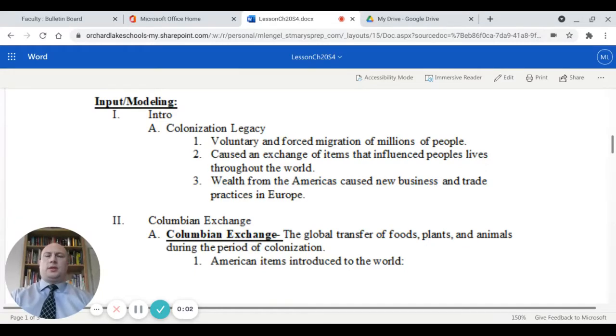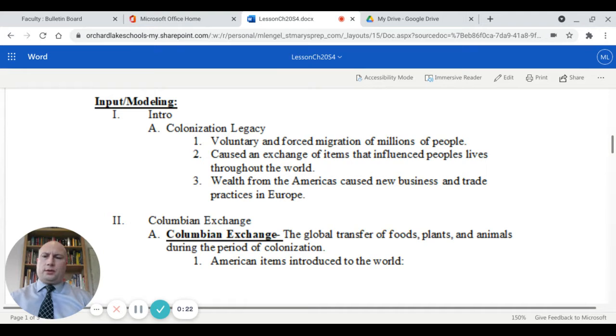Today we're going to be talking about the Columbian Exchange. So taking a look at how Spain sort of started to dominate the Americas. Portugal was getting involved as well. But after the voyages of Christopher Columbus, 1492, and then his subsequent voyages, we see the exchange of goods on